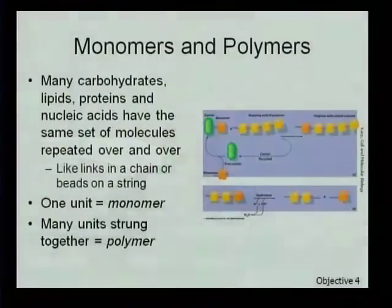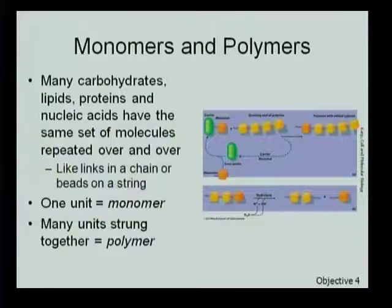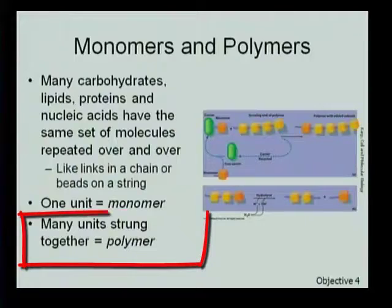The one thing we'll learn about organic molecules is that they can be really big molecules. And they do this by combining monomers into polymers. Monomers are the building blocks, the carbohydrate or lipid or amino acid or nucleic acid building blocks that make up polymers. And as I said, these polymers can get incredibly huge. For example,